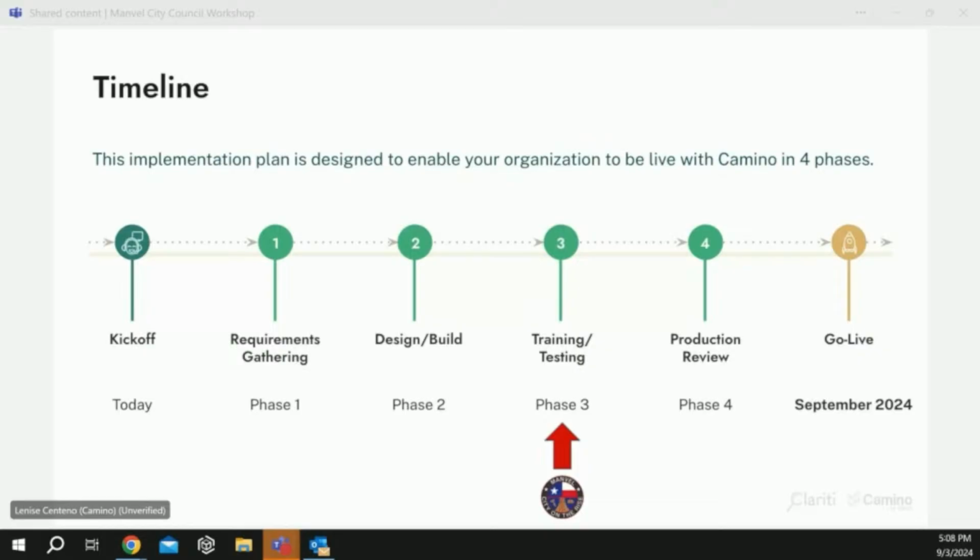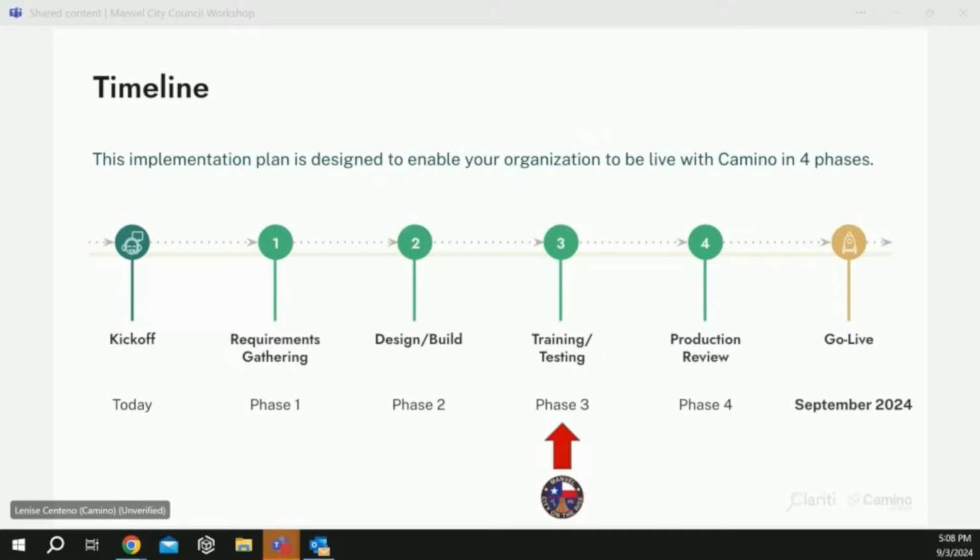Right now, staff are diligently working on testing out each guide. If you're familiar with the Camino guide, you know that it provides a tailored checklist for each applicant. What that means for testing is that we have to try out different use cases. That includes testing different addresses to see if certain GIS notifications populate, responding to different questions about the project in different ways, and of course testing the different project types. I know that staff is continuing to do that, so there's a little back and forth between them providing input and me managing those configurations.